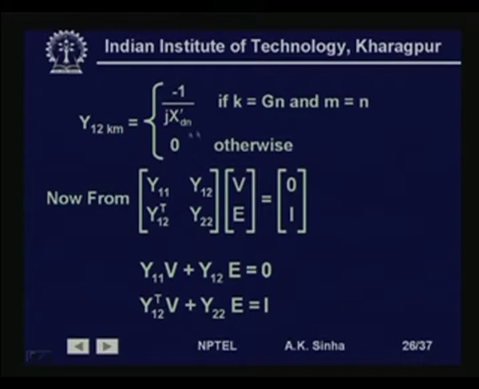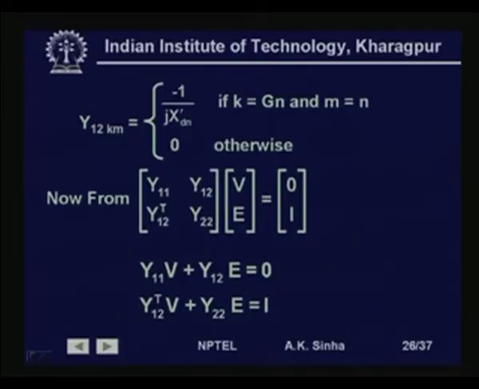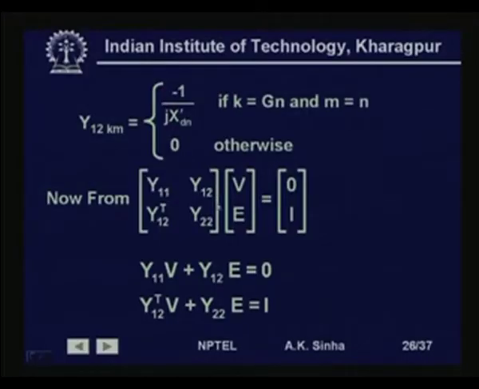So, Y12 Km also consists of only those elements that correspond to those buses where the generators are connected. If generator Gn is connected to a particular bus K, then this will have this element, otherwise it will not have this element, this will be only zeros. So now this is the relationship that we have for the network,